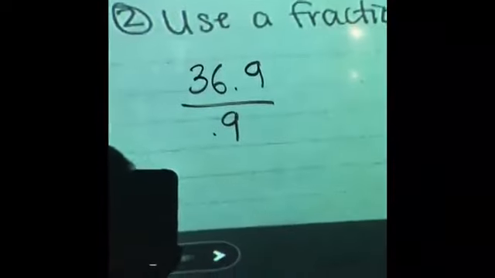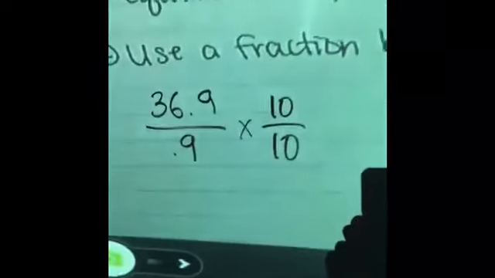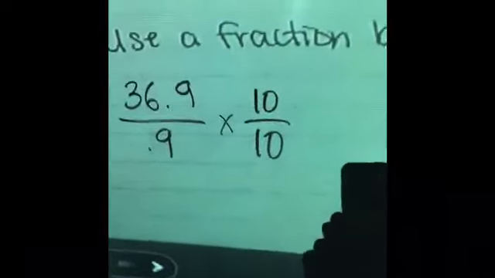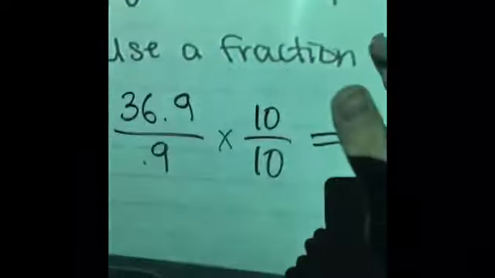Here you go. The other way is to rewrite the division problem with a fraction bar, so it's still 3 69/100 divided by 9/10. And then you use that to multiply both the top and the bottom by 10. Kind of like a ratio table. You multiply both by the same amount. All that does is when you multiply by 10, you shift all the place values that way. So it becomes,